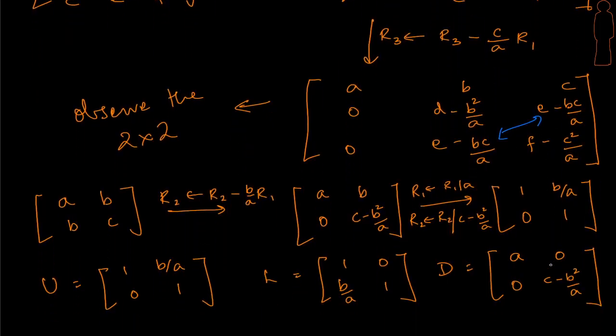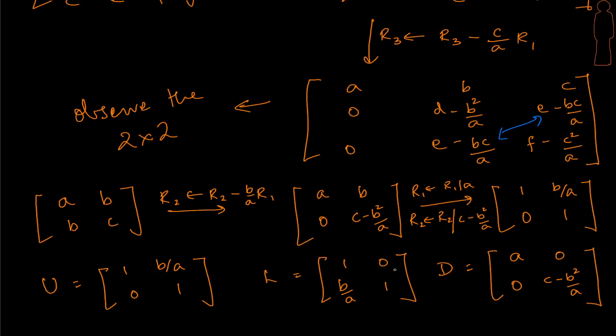So I am taking a simple example to show how we do LDU factorization for a general symmetric matrix of 2 by 2, and how those matrices will look, what will be their pattern, right? So let's do an elimination for this element B. It's going to be R2 minus B by A R1, and this is what we get in the second row. So in order to make it an upper triangular matrix with ones on the diagonal, I'm going to divide R1 by A and R2 by C minus B square by A, and finally we get our upper triangular matrix. That's it. That's what we have written here.